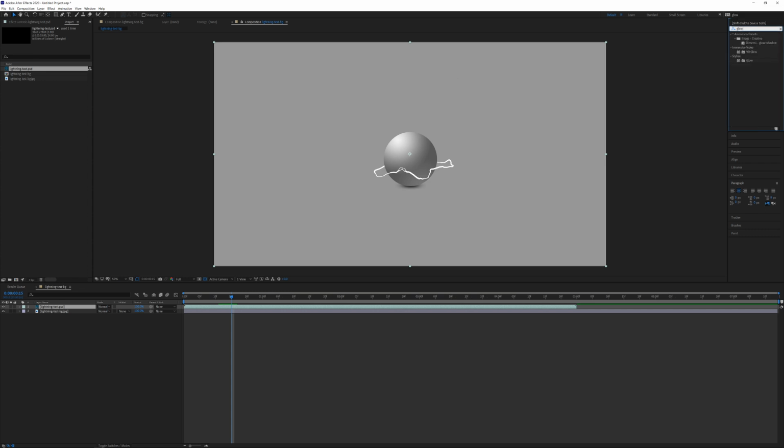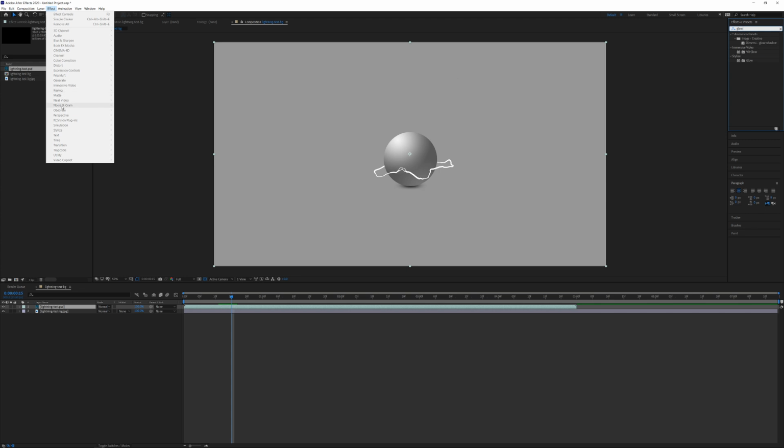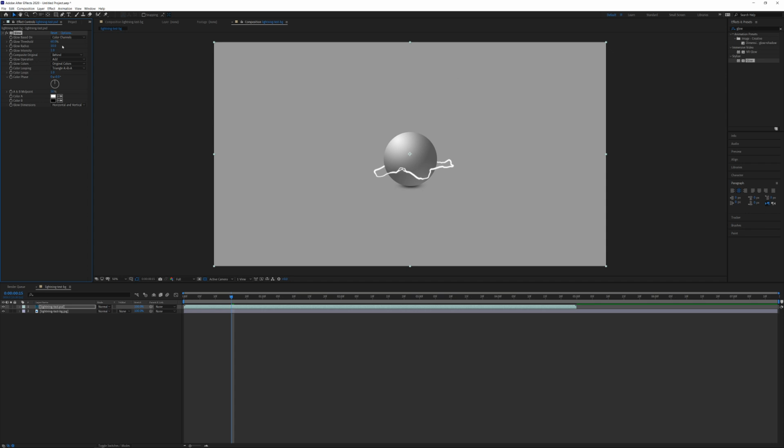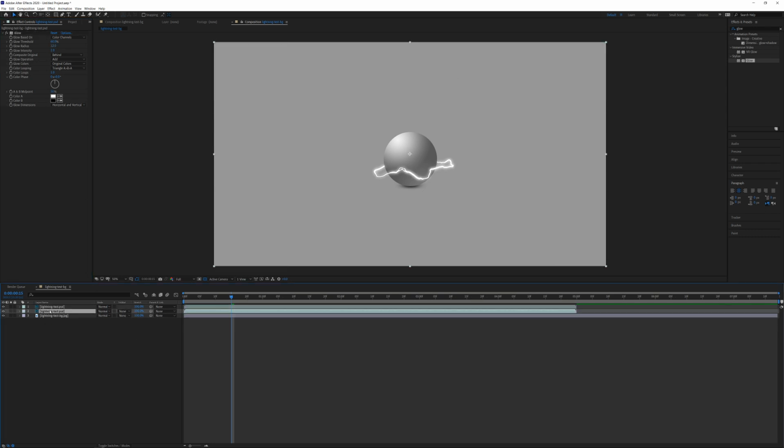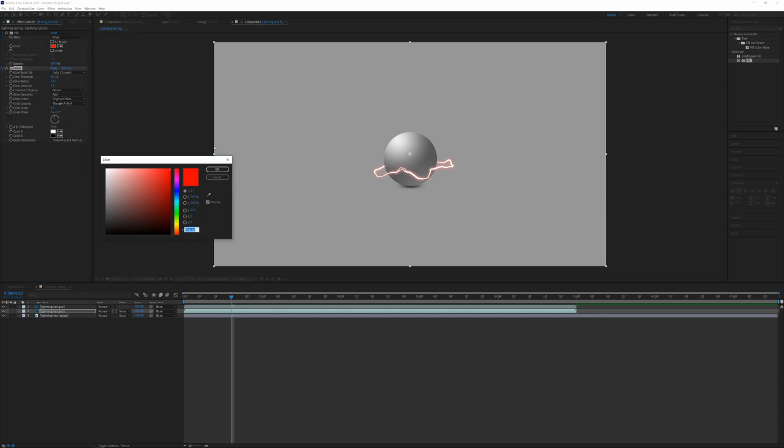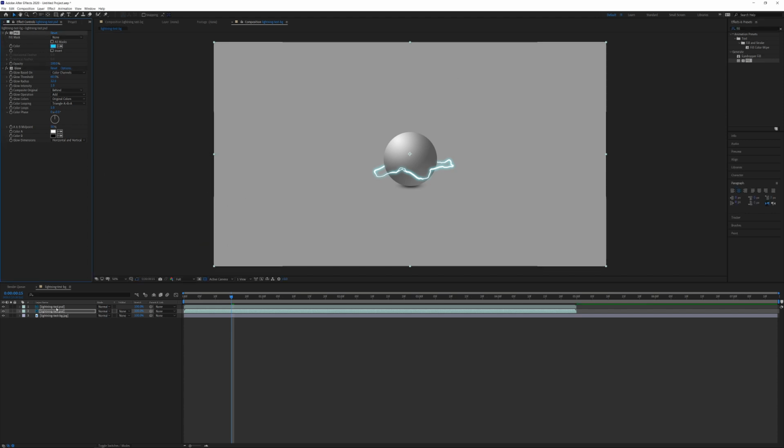So we can just go effects, glow. I mean, you also have effects, wherever that is, in stylize, glow. And we can increase the radius a bit. What I'd like to do too is maybe have a duplicate of it, and we can set the color of this. If we fill this with a color before the glow, let's say we make it like electric blue or something, and then we take the lightning,